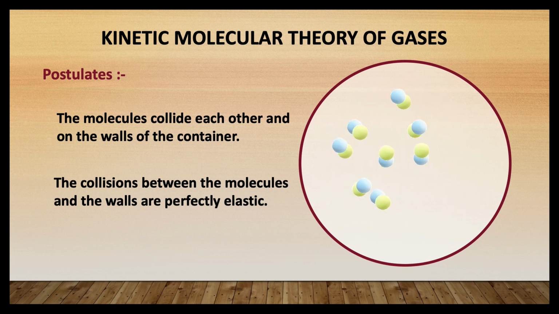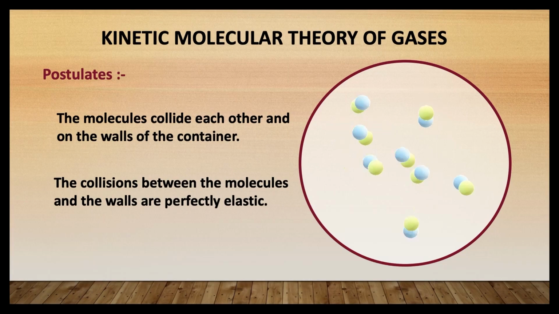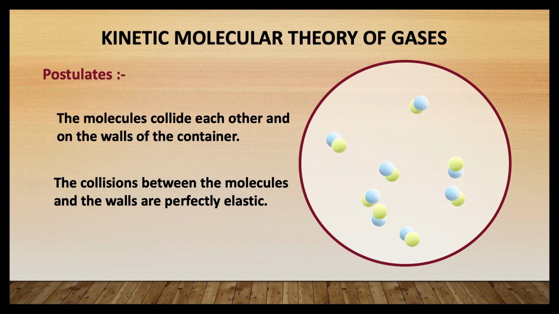These collisions are perfectly elastic and there is no loss of energy during these collisions. Suppose we think that the molecular collisions are not perfectly elastic, and as a result the molecules will lose energy at each collision. Therefore the kinetic energy will go on decreasing and ultimately become 0. That means the molecules will come to rest and should settle down at the bottom of the vessel. And since the molecules come to rest, they will not collide on the walls of the container and the gas should show no pressure. But this never happens, right? Hence, we say that the molecular collisions are perfectly elastic in nature.